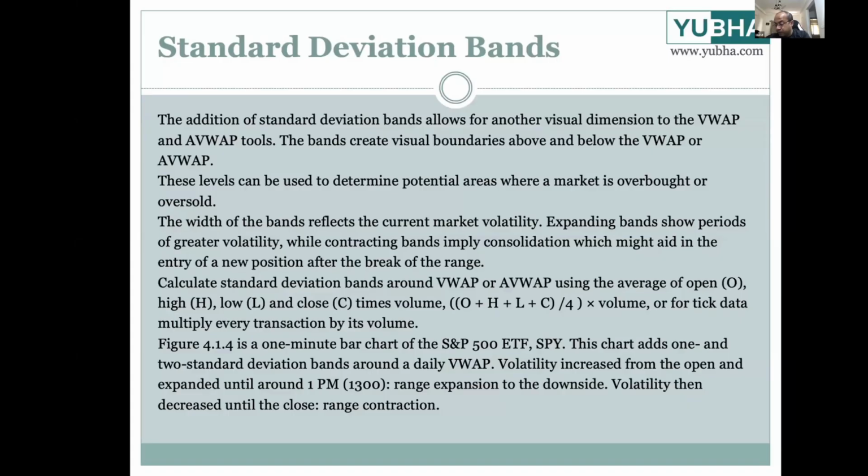Okay, so the addition of standard deviation bands is very similar to what you do with Bollinger Bands. It's no different. But if we use standard deviation lines on VWAP and anchored VWAP, it shows us the high or the extreme level for VWAP or anchored VWAP. That tells us where, on an intraday basis, the market is most likely to reverse. Now the market might not always reverse from there,